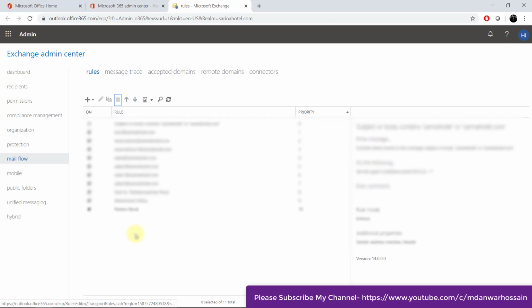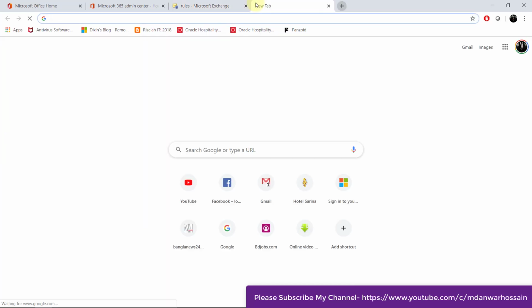Now let's see what happens if I send a big size attachment within this mail server.